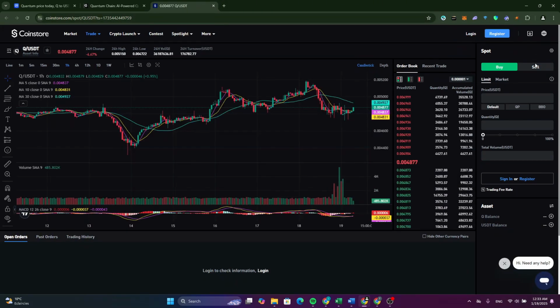Now after you log into your account, you will see here this option, select the buy option. Now here what you need to do is just set how much you want to buy of that token, as you can see here, or just drag this to set what percentage of the USDT that you have on your account to be able to buy with it the